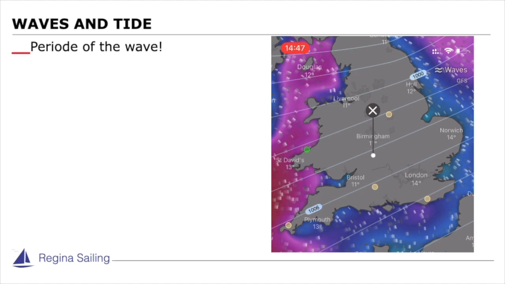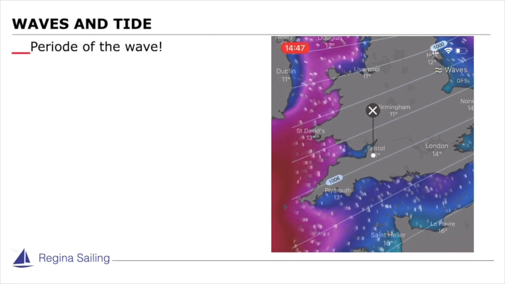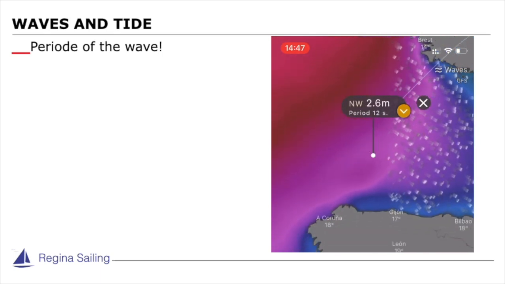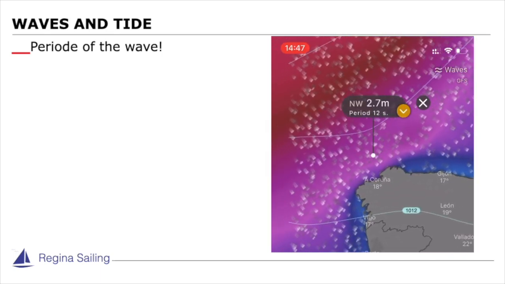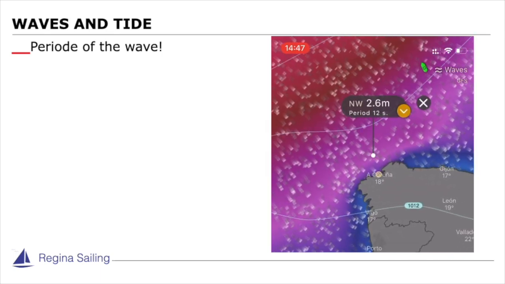Blue is not so high waves, and the purple red ones there are higher waves. So you think here in the English Channel the waves are not as high, it's not a problem. But look at this, if you really look at that, it's animated. Here's very red. So I go to here to the Atlantic, it's 2.6 meters, but it has a period of